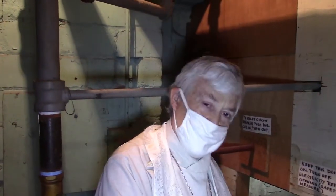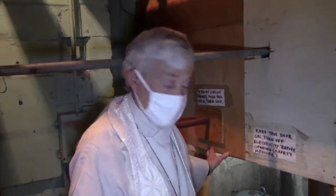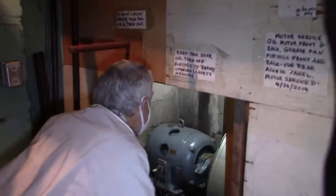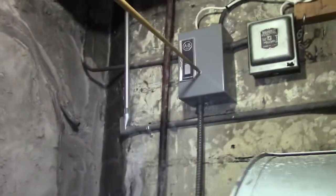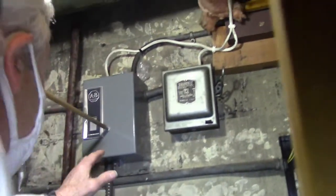So they asked me if I could come down and see what was wrong with the motor. So I came down here and I took this panel off, and mind you, I'd never been here before, and I look down in here and I see a fuse box. Across there I see a fuse box, and I thought, well, it probably blew a fuse. So I will simply reach across this motor and put the fuse in. So, yep, that certainly was it. And lo and behold, inside of the box...